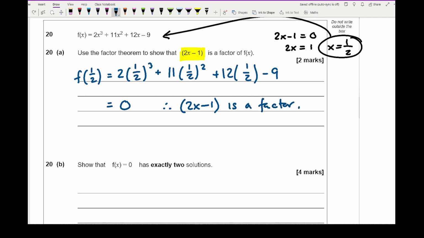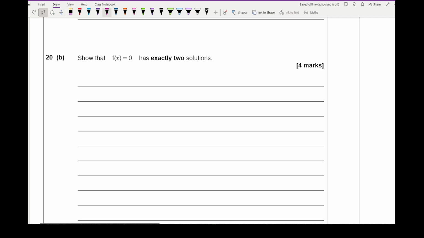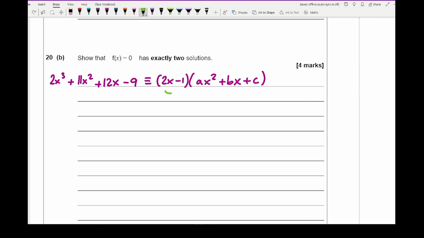It then says for 20b, show that f of x equals 0 has exactly 2 solutions. So for this, we need to look at comparing the coefficients. If I just write down the original f of x equation, which was 2x cubed plus 11x squared plus 12x minus 9, we know that 2x minus 1 is a factor, and so therefore we need to multiply that by some quadratic. Now, if I expand all of this out, I'm going to end up with 2ax cubed, and then plus 2bx